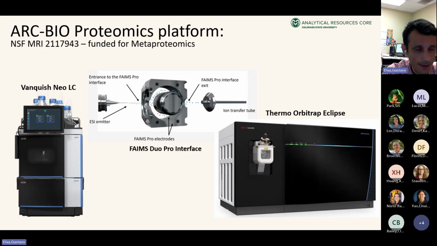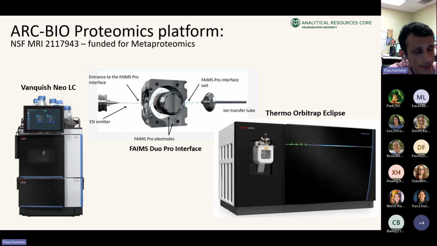As you might see, the majority of the challenges are based on the analysis part, the bioinformatic part. Fortunately for all of us, we have nice strategies to tackle those, and some of them are still in development, especially the functional annotation part, which is difficult because of the shared information among peptides and proteins and among all the taxa. So now what I'm going to show you is what we have here at CSU to conduct this type of analysis.